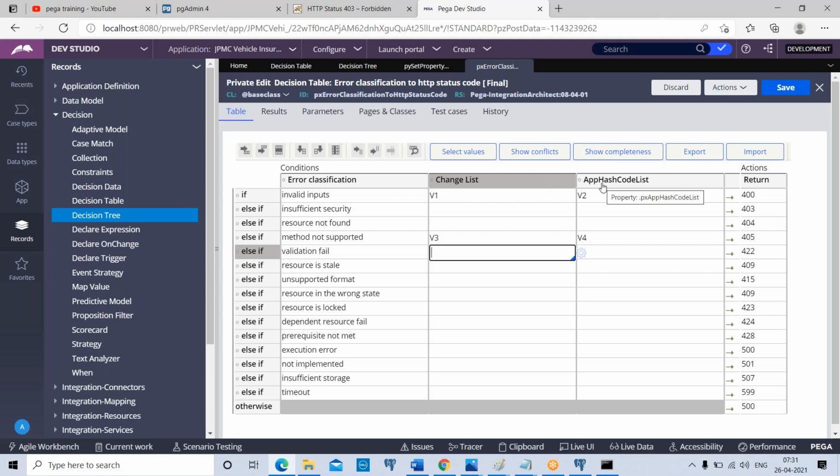It is the AND operator. If property 1 is equal to some value and property 2 is equal to some value and property 3 is equal to some value. So between the columns in a decision table, the logical operator is AND. Everyone clear with this point?